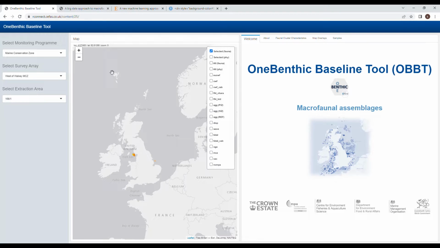This demonstration video is for the OneBenthic baseline tool. This is designed to show the faunal cluster identity of samples from 0.1 meter grab and core samples that have been processed using a 1 mil sieve and are held in the OneBenthic database. Many of these samples are associated with existing monitoring stations, including those used by the marine aggregate industry under their